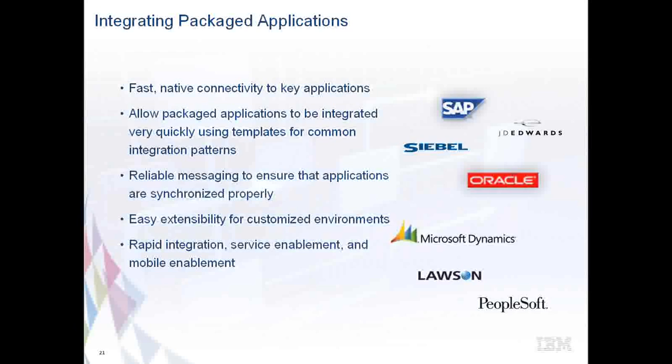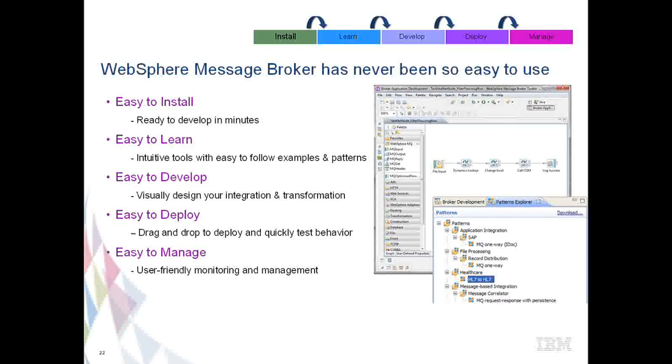There is a flow which we have tried to show there, which is a .NET flow. The input is coming from a file, and then it's doing a Microsoft Dynamics lookup, changing to Excel, calling a COM DLL, and logging at the end of the flow. So these kind of flows is what we create. If you can see chart number 22, that is what the toolkit looks like. So Message Broker as a product is extremely easy to use.